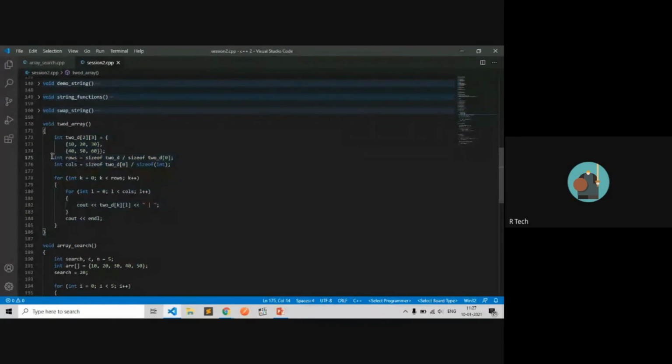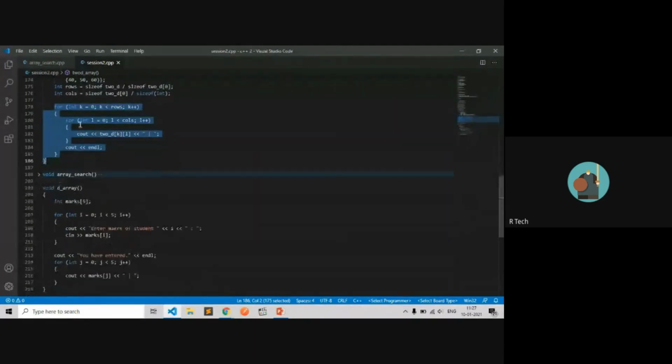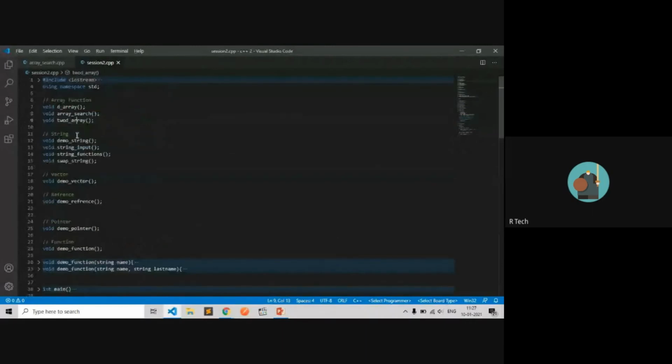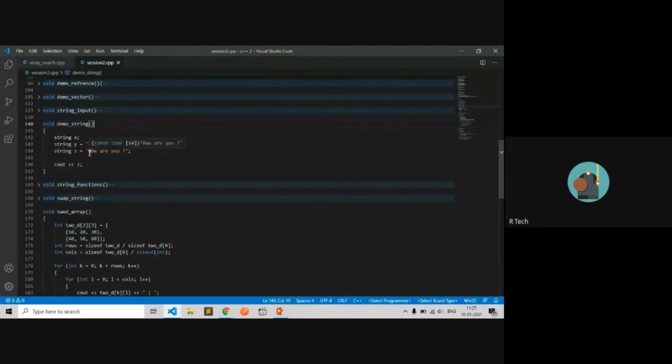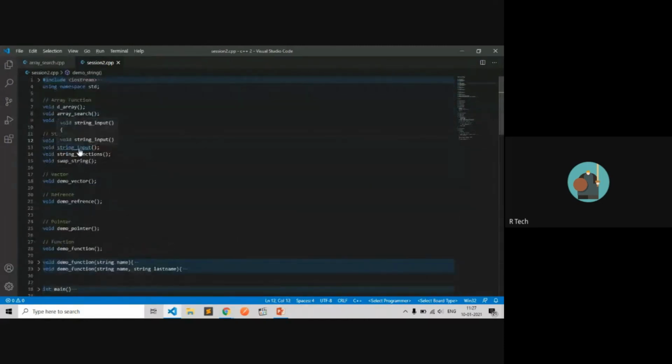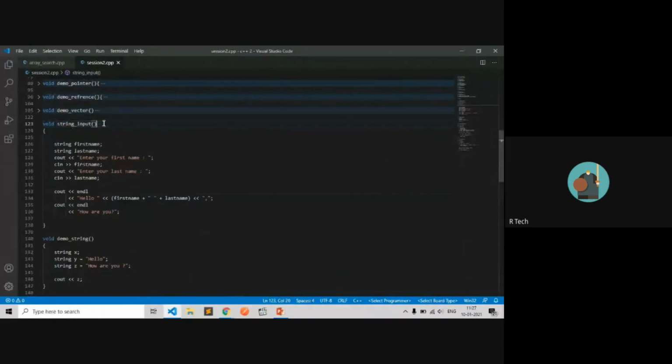There is a concept of rows and columns, printing it, and a string function, demo string. What is a string and how does it work? There is a function for string input, taking input from the user, entering first name and last name, and printing them as a concatenation.